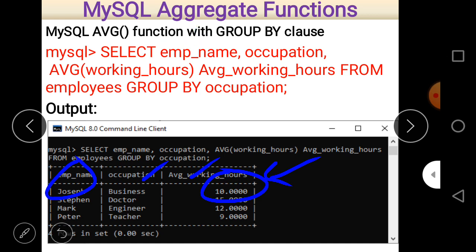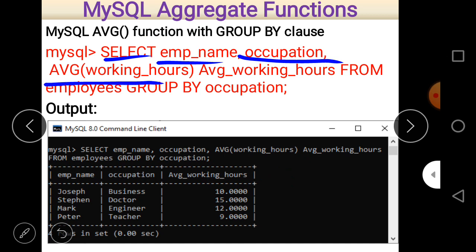So let us consider it in a single command. Select, first of all, selects all the data, all the column names. The column names are employee name, so employee name will be selected. Occupation will also be selected, and the average of working hours will be calculated. There is an alternative name for the average working hours, and that name is average working hour, represented here. Then the from keyword, and then the name of the table, employee, and then group by.